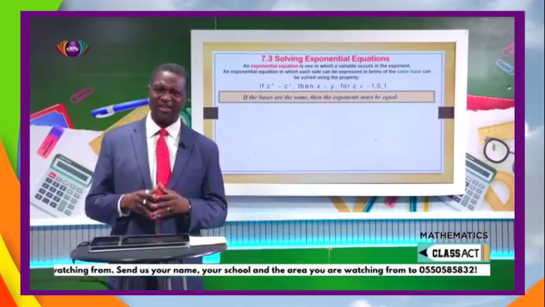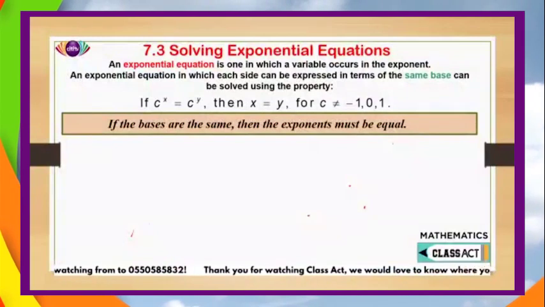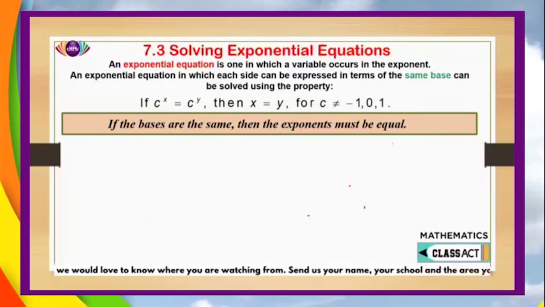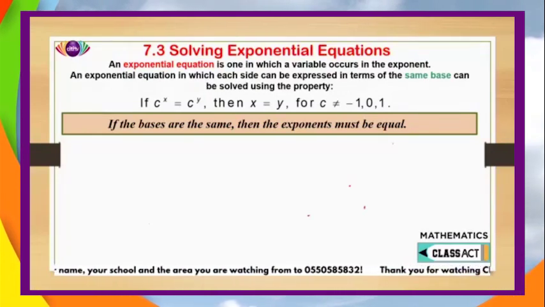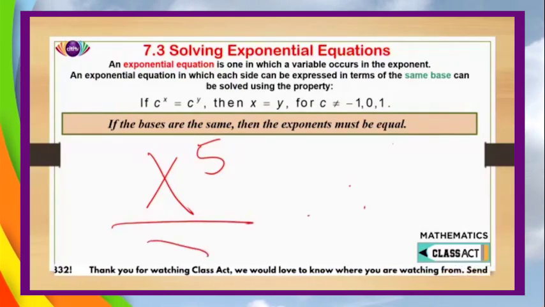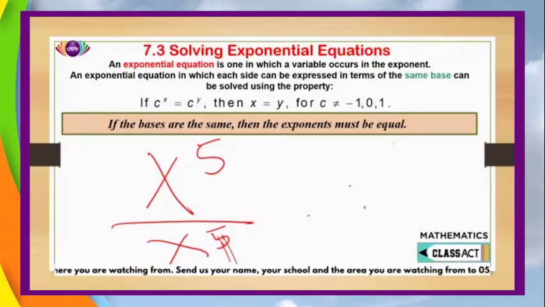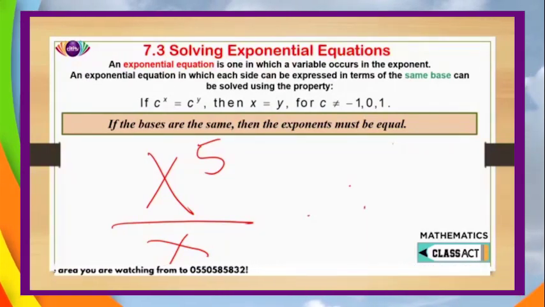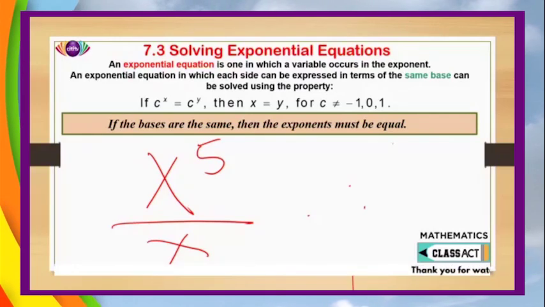And some of you will say, why? How is that possible? Let me just give you a very quick example. Now, let's look at this. If I have x to the power of 5 divided by x to the power of 5, what did we say are the rules when it comes to division? Can anybody try to, even if you are there alone, just mention it to yourself?